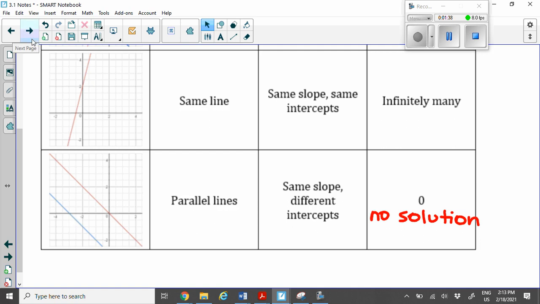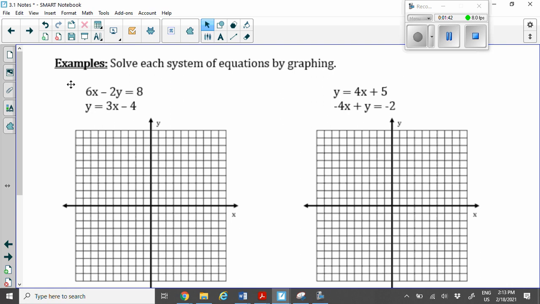Okay, let's go ahead. We're going to do another graphing here. Let's do our next one. Once again, we're solving by graphing. Anytime we are graphing here, remember, we need to make sure it's in that y equals mx plus b form, so that is the slope intercept. So we look at our next example. We have 6x minus 2y equals 8. Well, know that this is not in that slope intercept form. So what we need to do